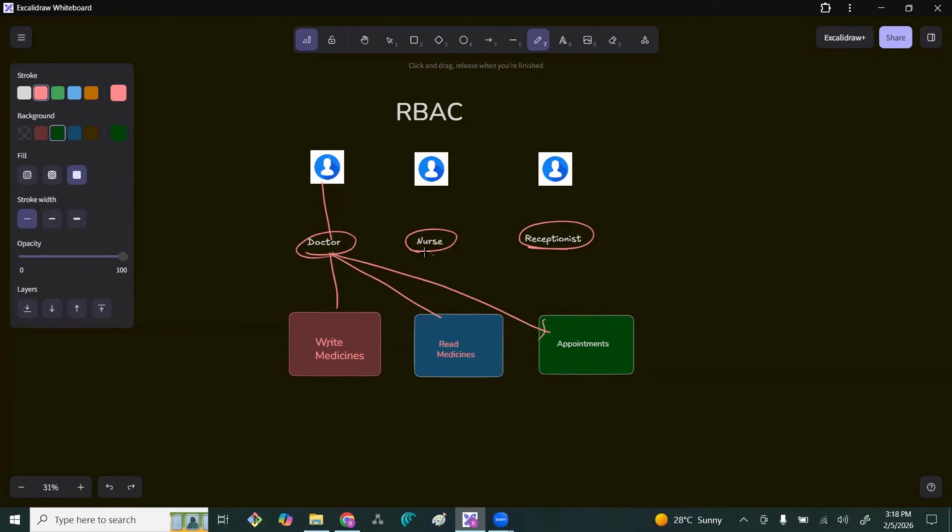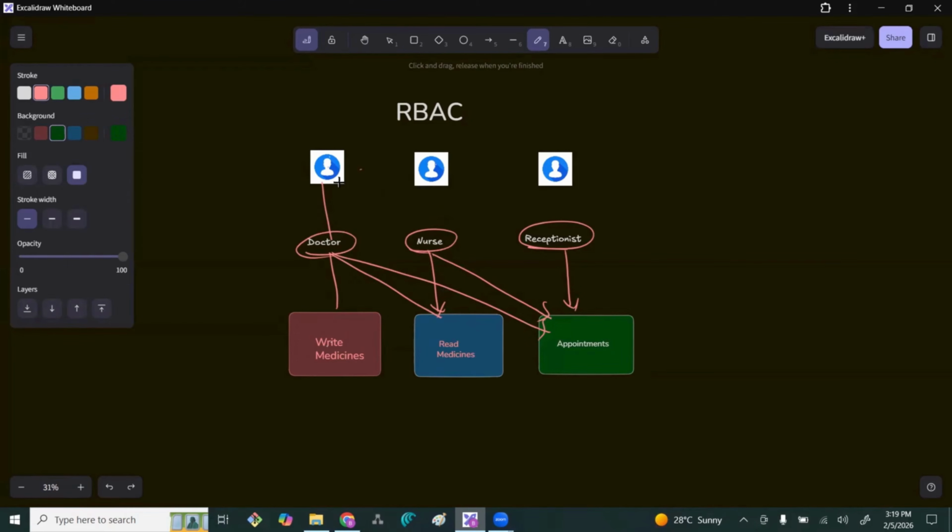The nurse can read all the medicines and can also sometimes give appointments. The receptionist can see the patient name and give appointments based on time. He cannot see the medical records and he cannot write the medicines.